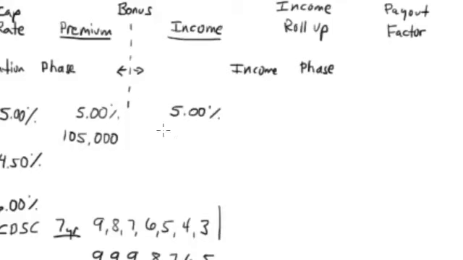bonus on your income. But if you put $100,000 in, guess what? On the premium, your balance showed 105, but on the income side, it still showed 100. If you get an income bonus here, then it would show 105. But guess what? If, let's say you go out 7 years, right? You started in the accumulation phase, you didn't have this. Let's say they did not have that. You had the 5% bonus for income